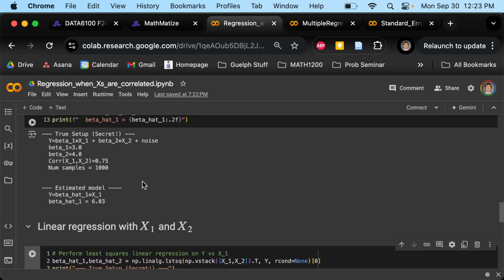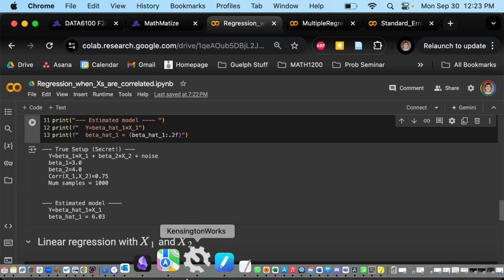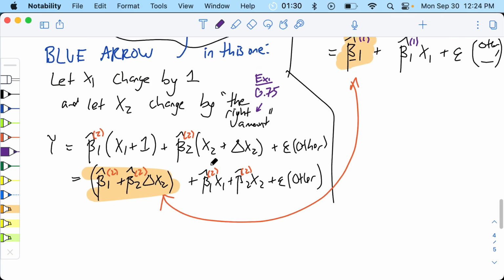So this really for sure shows you that it is really the blue arrow, and thinking about these two things and thinking about the noise, which I left off here because everyone always leaves it off, is how you sort of reconcile these things in your brain. I think this is the best way to think about it: to think of this universe and compare it to this universe. The moral of the story that people often write down is